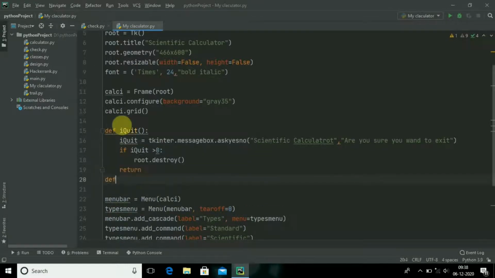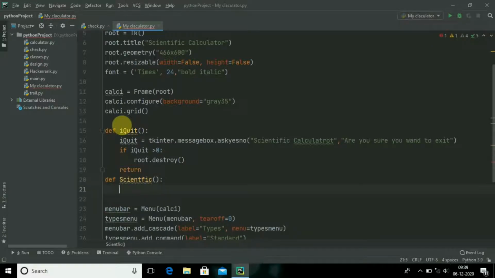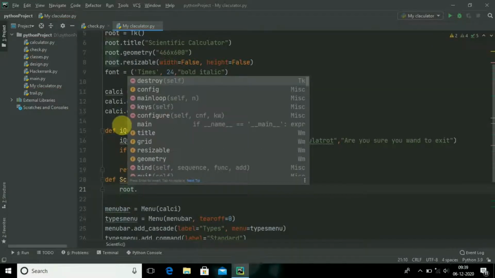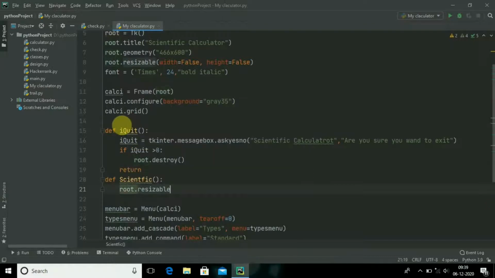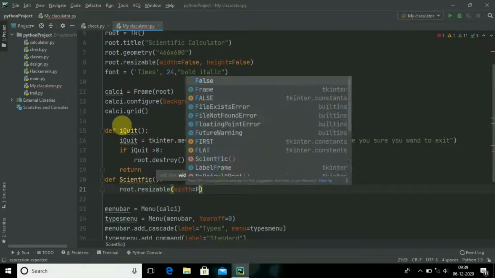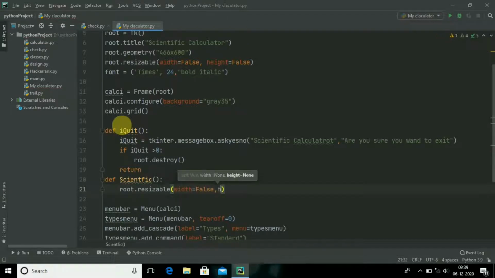And the next step is scientific. When I click on the scientific, it should change its dimension, and width should be false as mentioned, and height should be false.